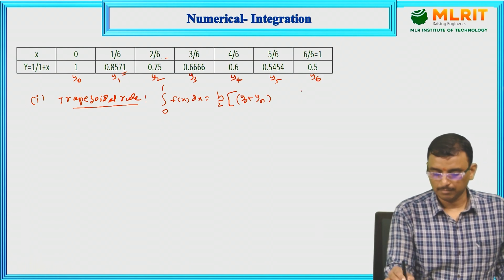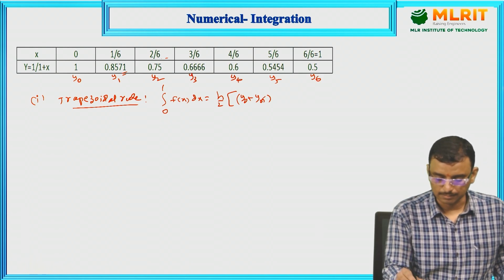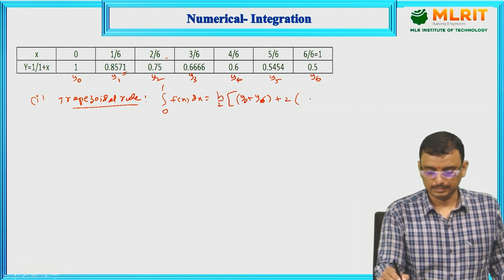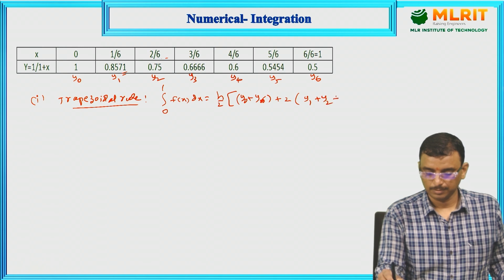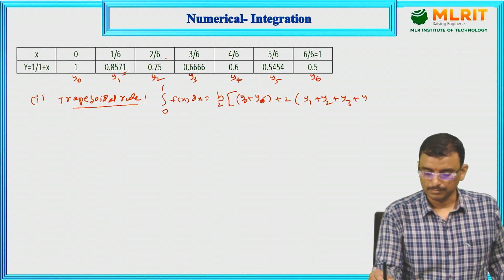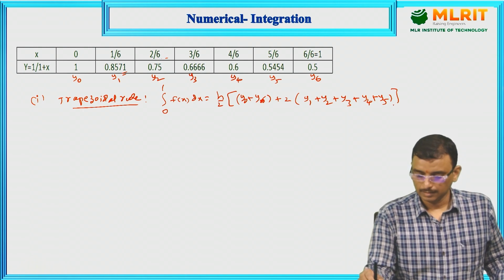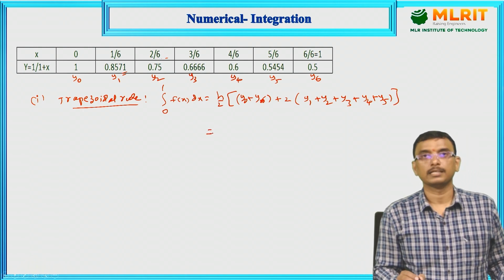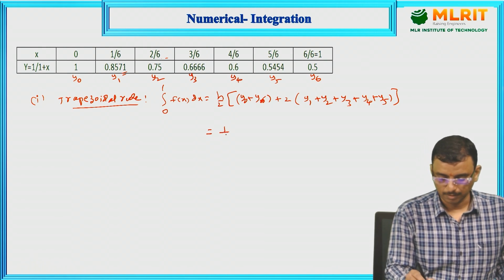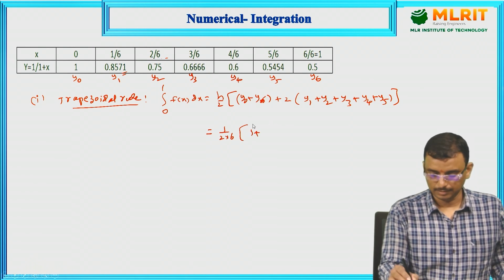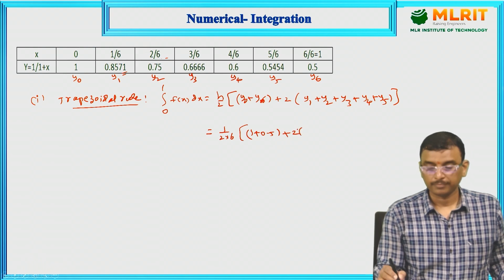So we take y0 plus y6, the first and last ordinates, plus 2 into the remaining ordinates, that is y1 plus y2 plus y3 plus y4 and y5, because we have already written y6 here. What is h? h is the interval difference, that is 1 by 6. So 1 by 2 into 1 by 6, into y0 value 1 plus y6 value 0.5 plus 2 into y1 plus y2